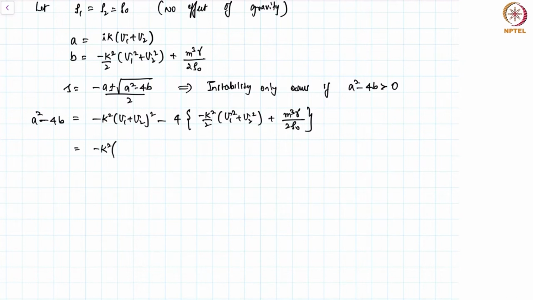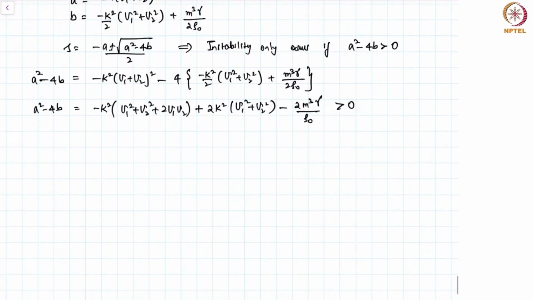I have k square, which I will take to be common. I have u1 square plus u2 square plus 2u1 u2. Then the next term would be plus 2k square of u1 square plus u2 square, minus 2m cube gamma by rho naught. Now remember, this quantity A square minus 4B has to be greater than 0 for an instability, right? And therefore I have k square of u1 square plus u2 square minus 2u1 u2,